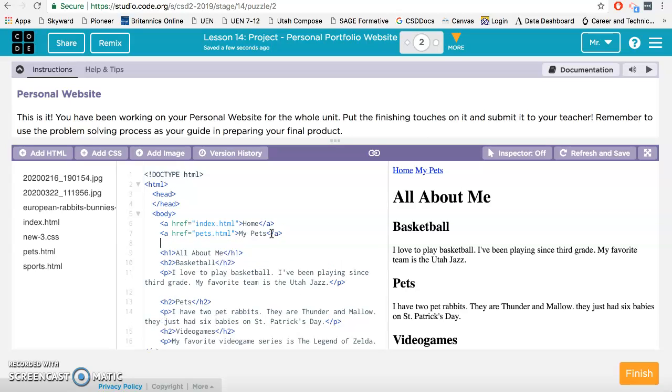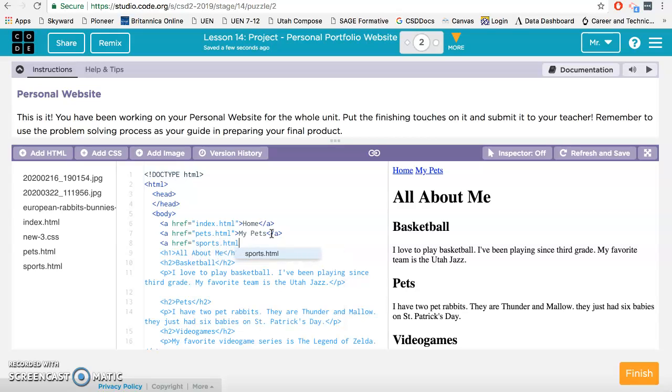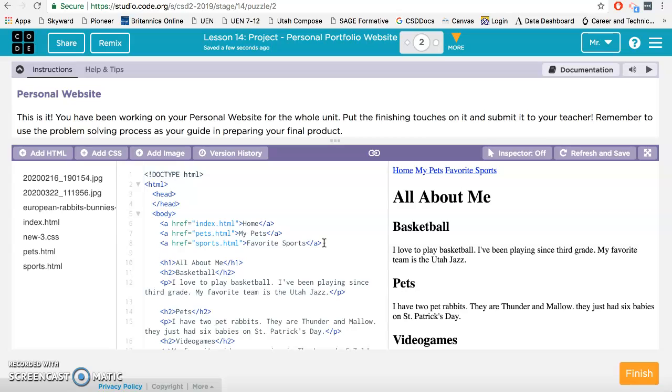Next, I'll do my last page, left angle bracket, A space href equals, and then we'll say in quotes sports.html. Make sure you have quotes on both sides, and then I'll say favorite sports. So that's the text that will show up in the link, favorite sports. Okay, so I've got my closing anchor tag there too. So I'm going to give a little bit of space just so it's easier to see where my links end. I've got home, my pets, and favorite sports, and then if I hit refresh and save,